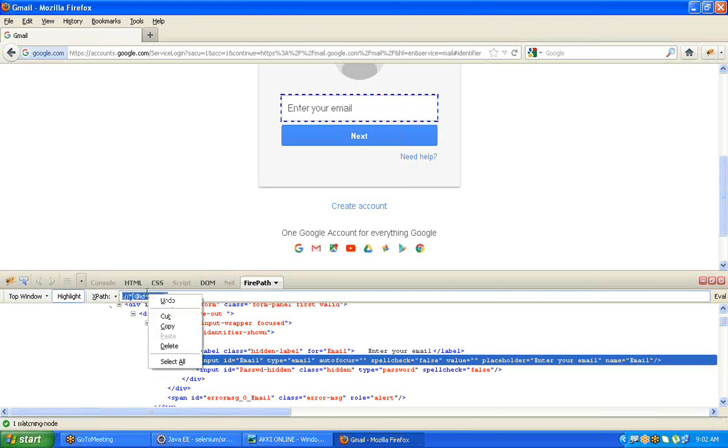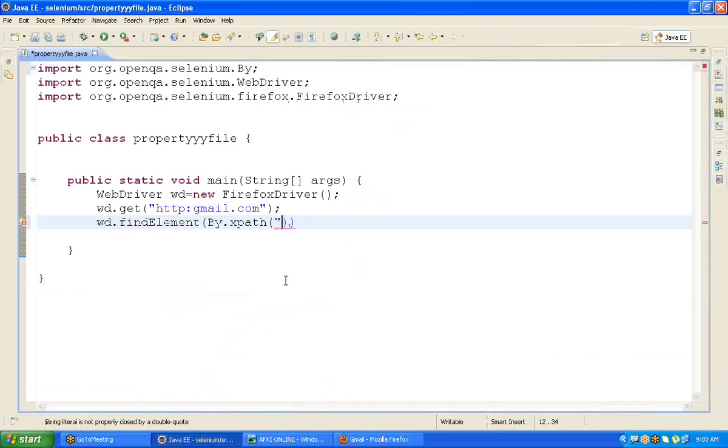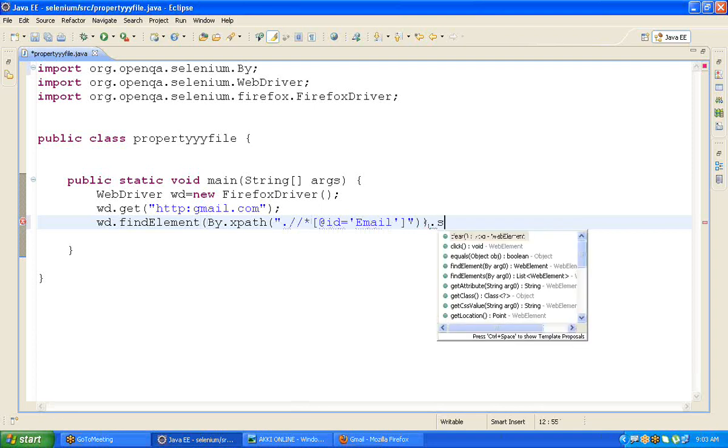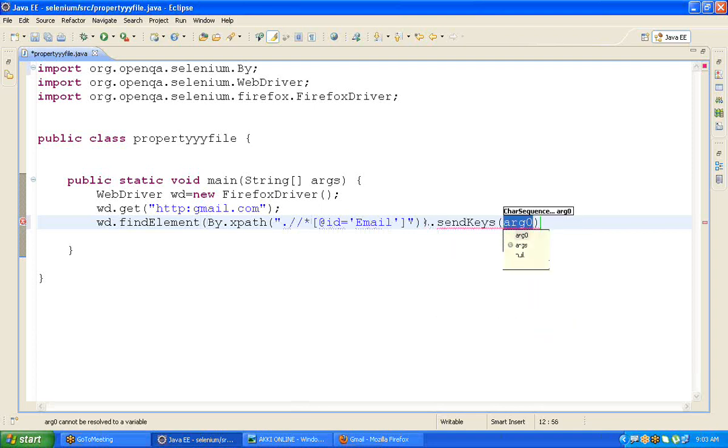Copy and paste it here with Control V. Keep double quotes. This is the edit box, so we will use sendKeys. I'm giving the username.